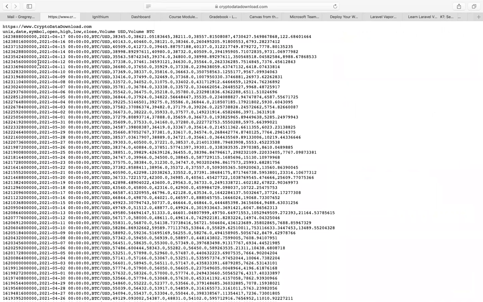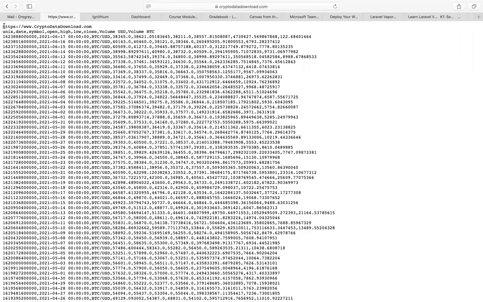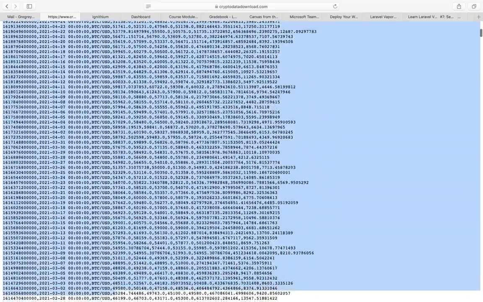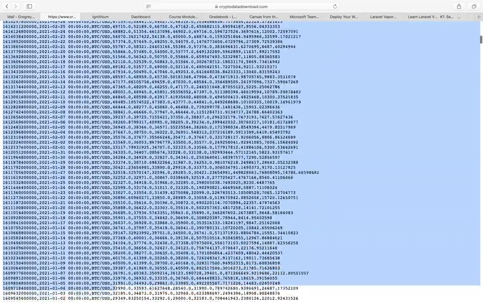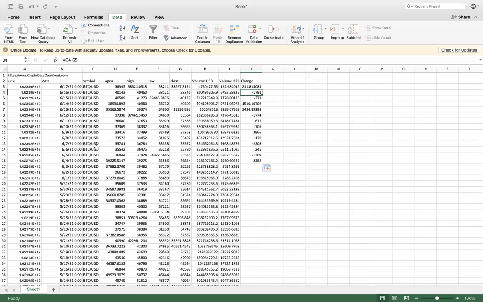But if I click on daily, then I get this comma delimited file. Before I was able to download it directly, but I didn't have any trouble. All I did is I just highlighted it all and copied it, and then I pasted it into Excel. So now I'm going to stop sharing this, and I'm going to share my Excel spreadsheet for the Bitcoin data, right? And you'll notice,